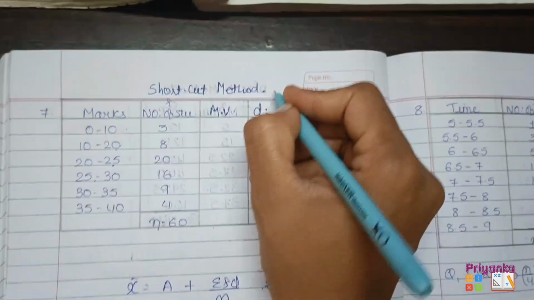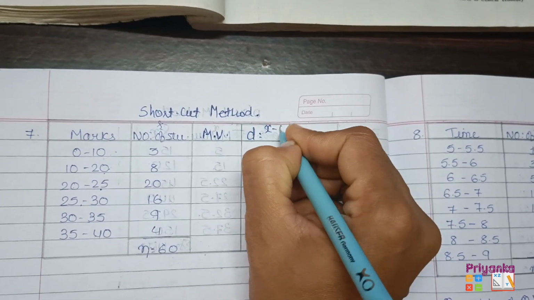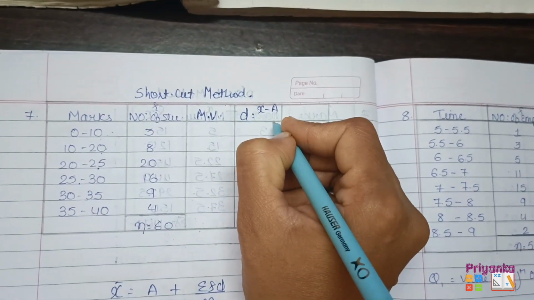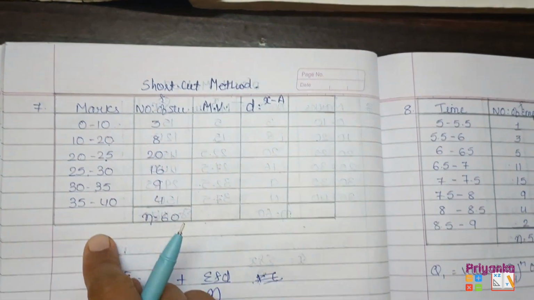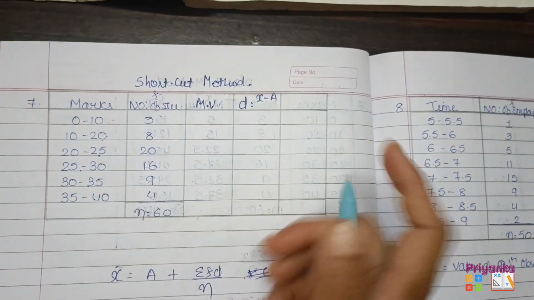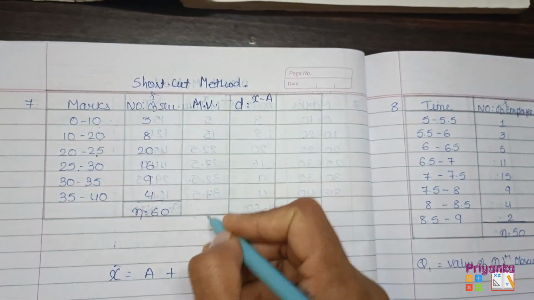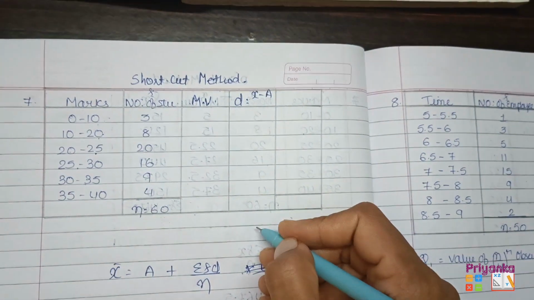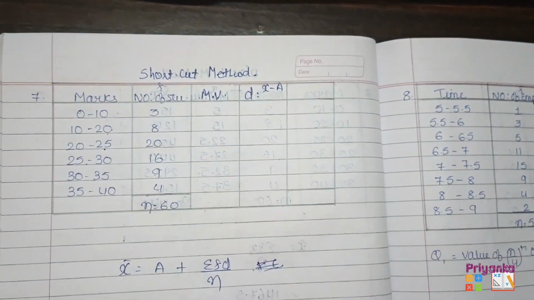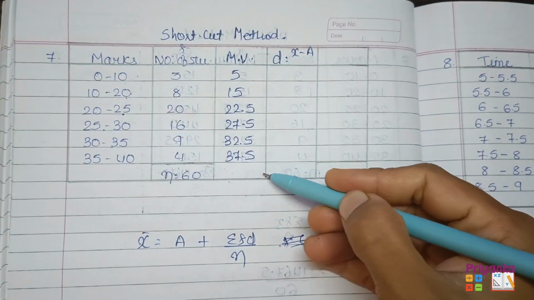And even in the d, I used to show you x minus a divide by c, I used to give. पर जब क्लास लेंथ अनइक्वल हो आप डिवाइड बाई सी मत करना. डायरेक्टली हम मिड वैल्यू फाइंड आउट करेंगे और डी. First I just write down the mid value. Here I am ready with my mid value.